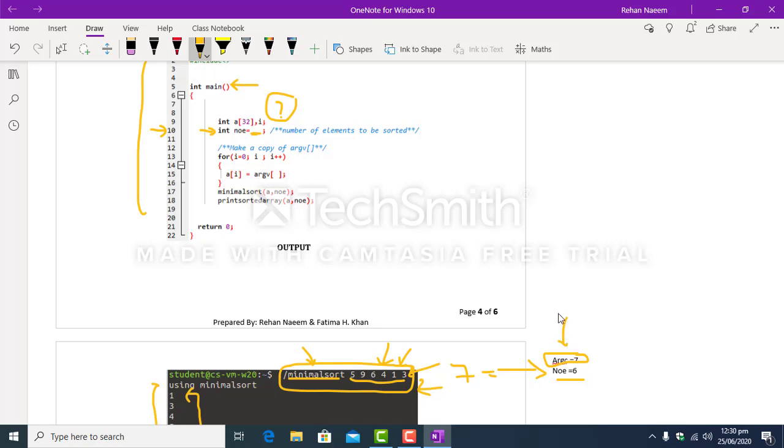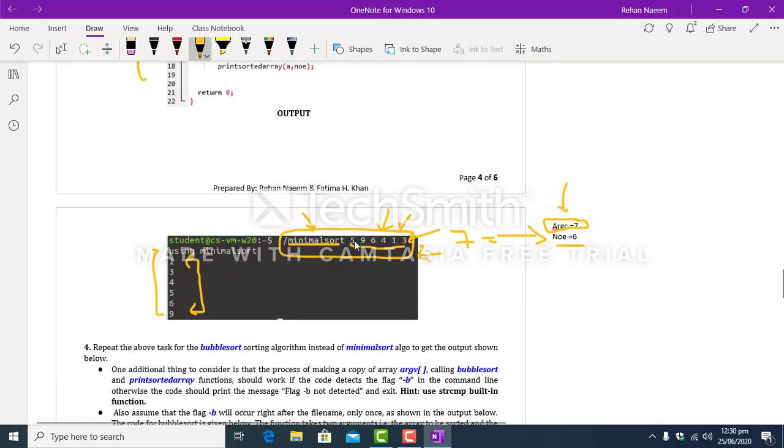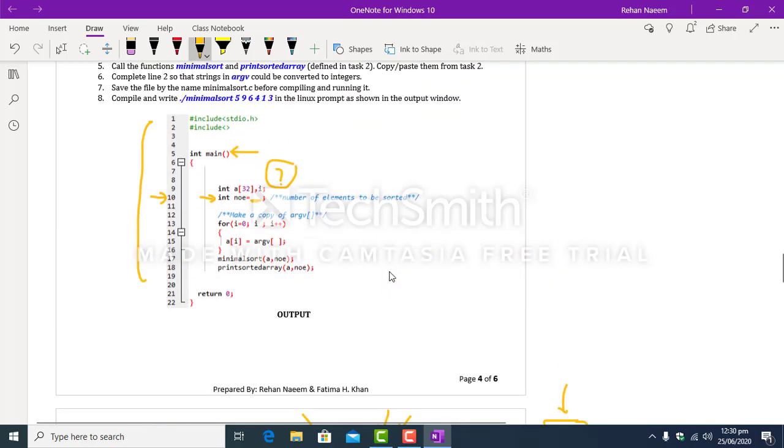So what is the relationship between these two variables, NOE and argc? So try another example. Maybe you can take the number of elements sorted to be 8, so argc would be 9. So it is pretty straightforward stuff to determine the relationship between NOE and argc.